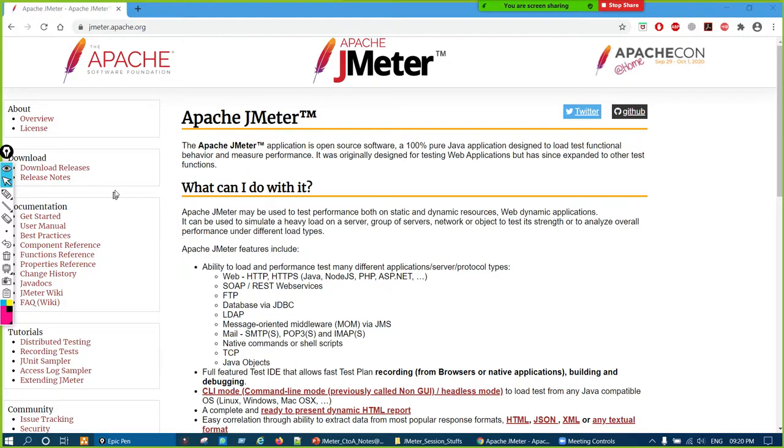Generally, some drawbacks are there, so we'll discuss that later on. They have developed this website, but they have not given any real-time use of any component of JMeter, right? So this website is poor, but this is the official website of JMeter.